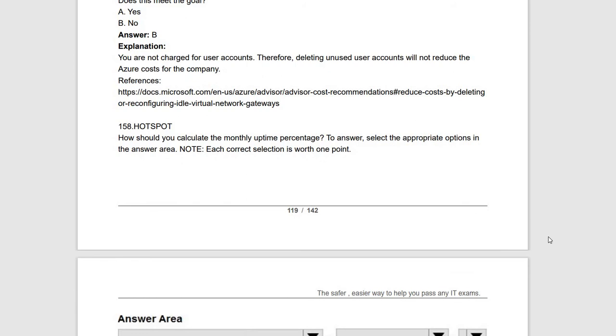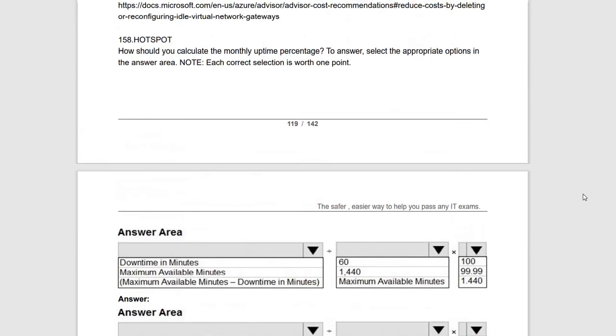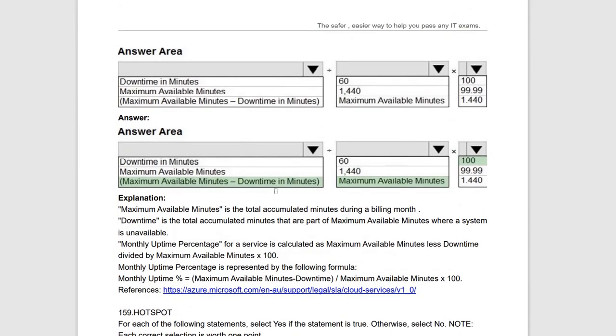And next, the next question is the same. Let's see. The next question is related to